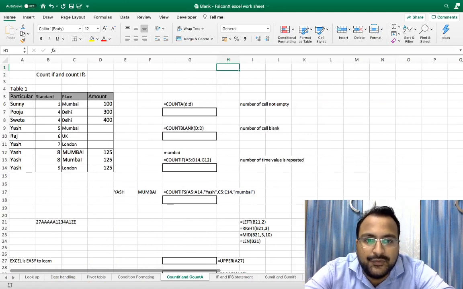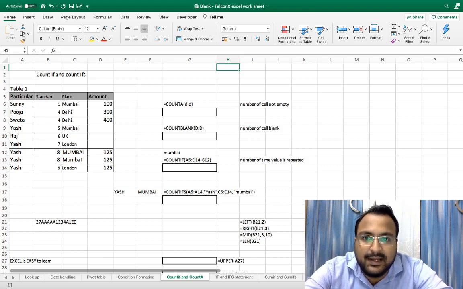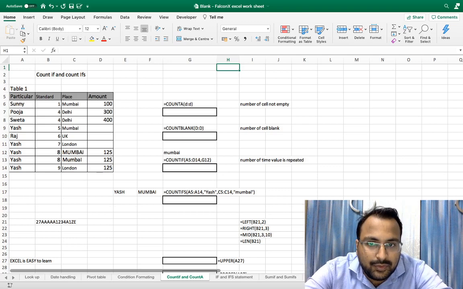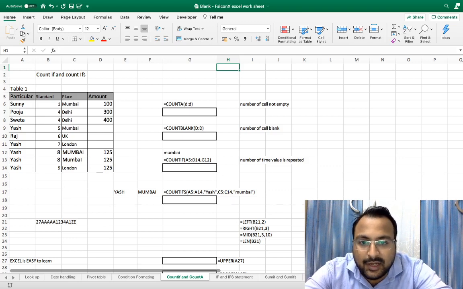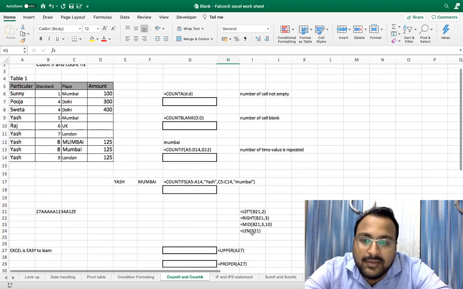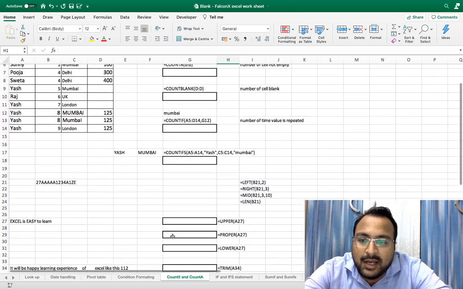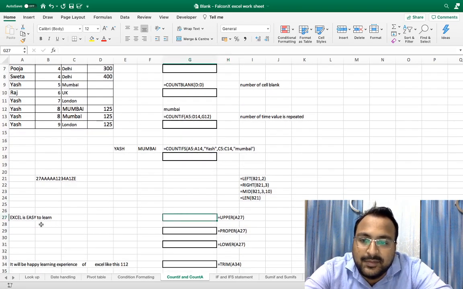Today in this video we will learn a few basic formulas of Excel like COUNTIF, count blank, COUNTA, how to do conditional formatting with COUNTIF statements, left, right, middle, length of the given text, how to format the cells. Means as you can see, the formatting of this cell is not proper.